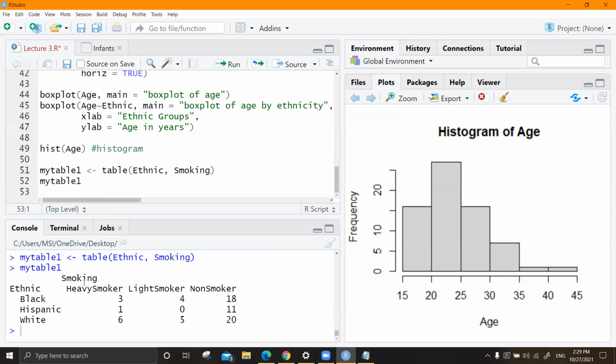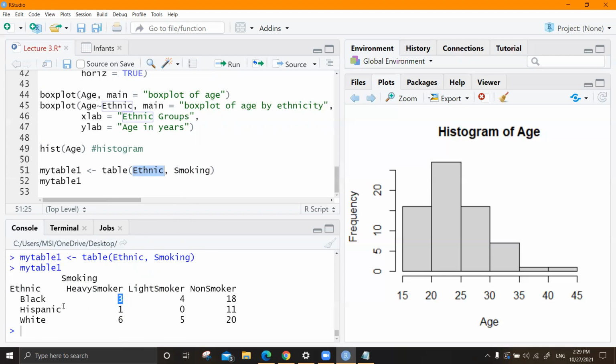It's something like this. I have whether a heavy smoker, light smoker, or a non-smoker as the column variable, and as the row variable, I have the ethnic group. You can even interchange these things. So always you give the first argument as the row variable, rows, columns. Second argument as the column variable. So you have a table like this.